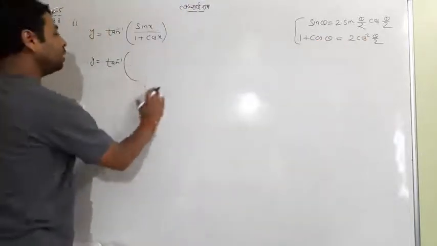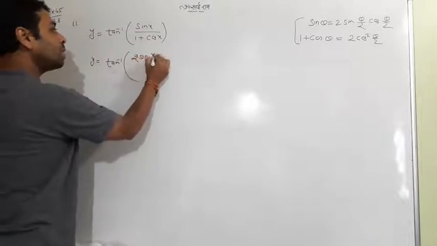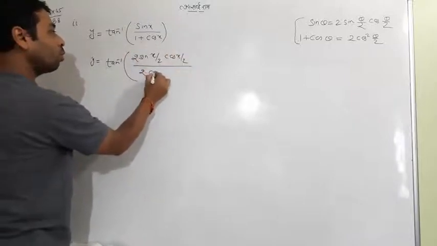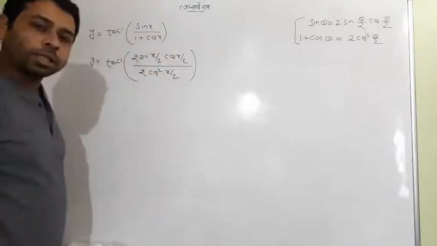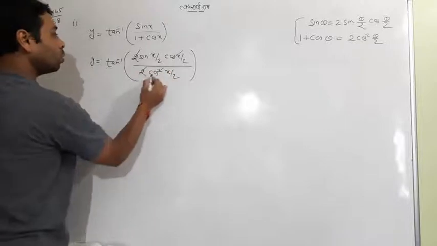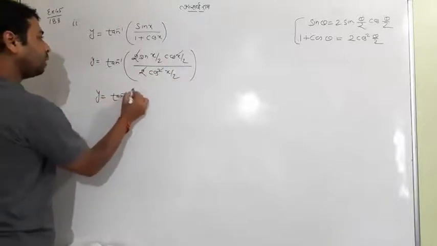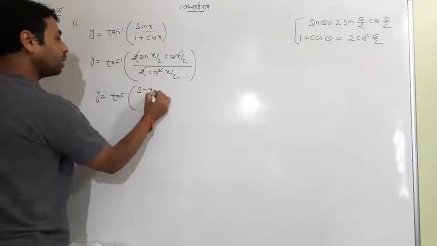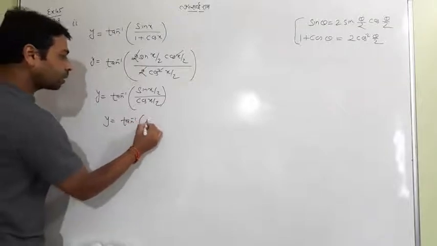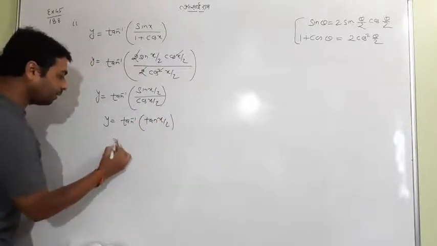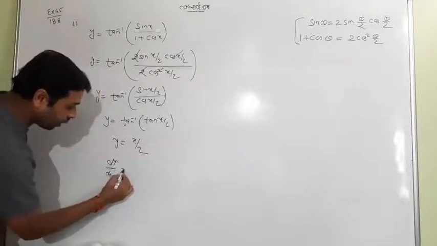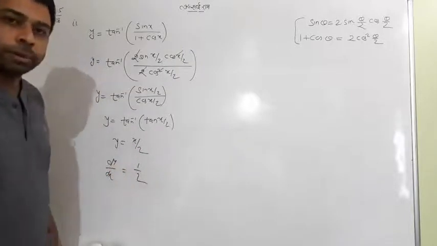Now you just have to put here: sine x is equal to 2 sine x by 2 cos x by 2, and in the denominator, 1 plus cos x is equal to 2 cos square x by 2. I think you have got it till here. Now 2 and 2 will cancel, cos and cos will cancel, and y is equal to sin x by 2 upon cos x by 2. Look, a very easy term is coming here: it is tan x by 2. When it is tan x by 2, tan inverse and tan will cancel into each other and it is just x by 2. When it is x by 2, you can finally differentiate it, and x by 2 has a derivative of 1 by 2. That's the answer.